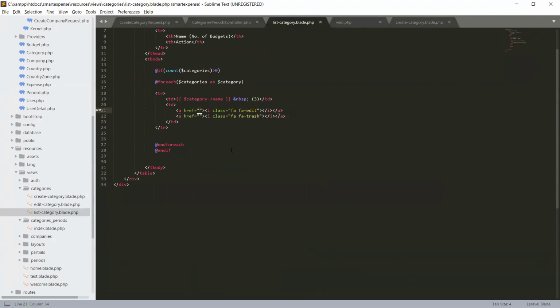Okay, list category, and here we will use a brace syntax route, and the route will go to category dot edit, and we will send the category ID. So we use comma category and the ID.